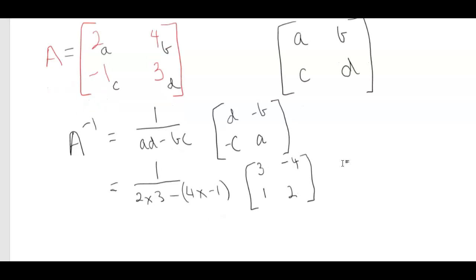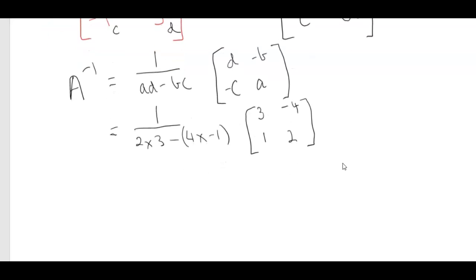All right, so let's just tidy that up because the denominator, we don't want to leave it like that. So we've got 1 over 2 times 3 is 6. 4 times -1 is -4. So it's going to be minus -4. So 2 negatives gives you a positive. And then we've got 3